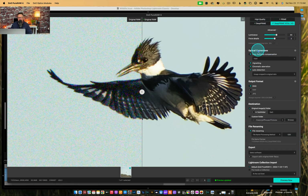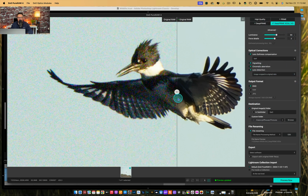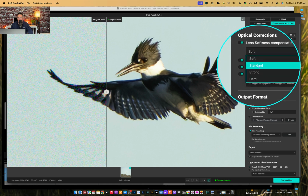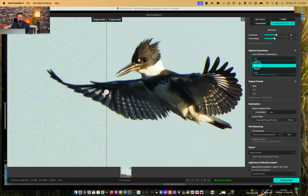Now, when we come down to the optical corrections, we have a little drop down here, right? Right now it's set to hard. I would typically keep this at soft. I think that seems to work best in most cases. Now, if you have an image that is real soft, then you might want to go to the standard or strong. I have never used hard, which I think is just a little too much. But if you go to the standard,